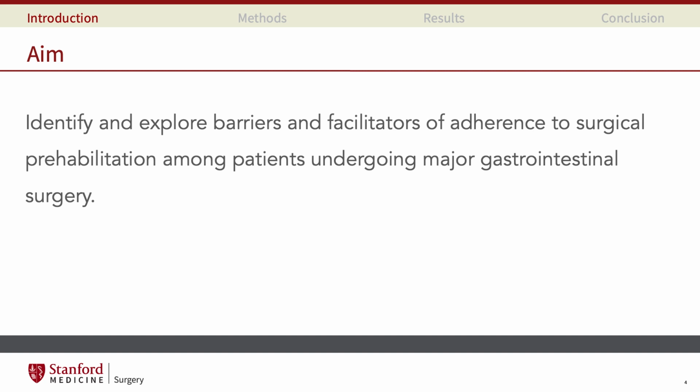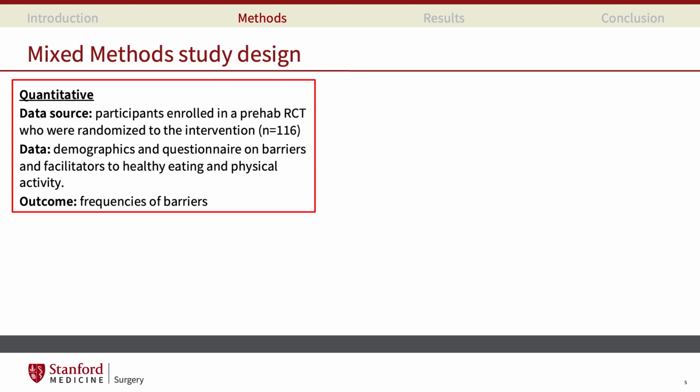So the aim of our study was to identify and explore barriers and facilitators of adherence to surgical prehabilitation among patients undergoing major gastrointestinal surgery. For that, we performed a mixed method study with explanatory sequential design. So we first collected quantitative data, and that informed the collection of our qualitative data, and then we integrated the